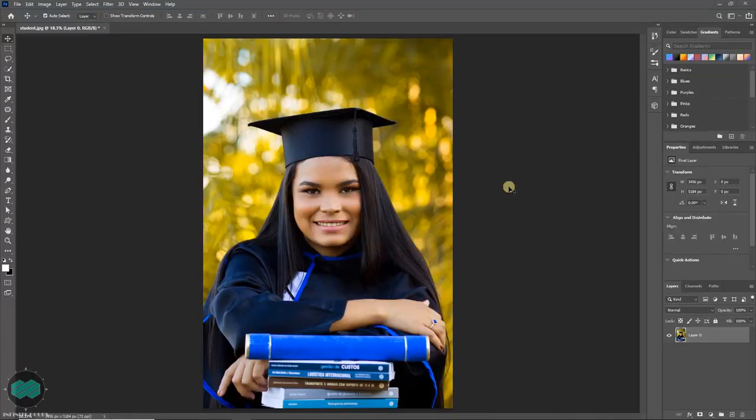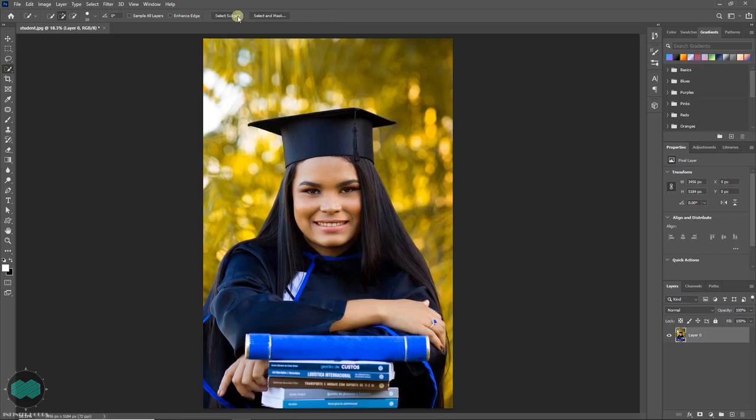In this video I am going to show you how to create passport size photo and set in a page. This is the photo I am going to use for that. So first we have to remove the background. To remove the background you can select the quick selection tool.